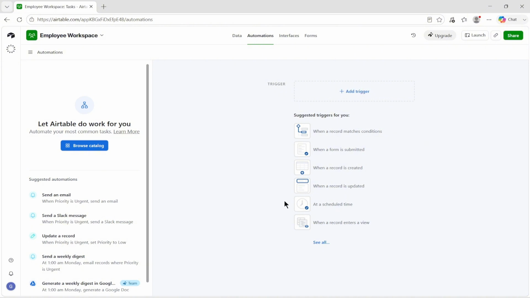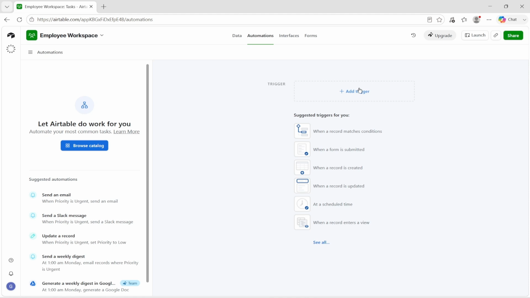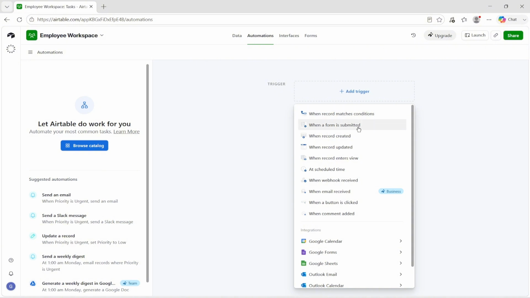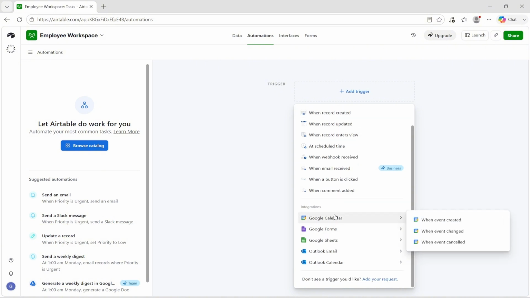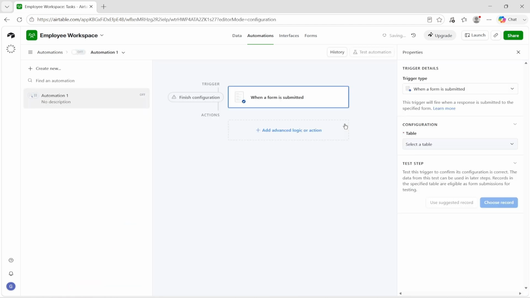Now, within a trigger, we have here our suggested triggers, such as when a record matches a condition, when a form is submitted. On the left-hand side, you can browse the catalog, and this will be the suggested automations. Now, on the trigger section, to add a trigger, just simply click on the plus sign. From here, you can simply choose a trigger that you want to do, either from the integrations or within the suggested. So let's say when a form is submitted,